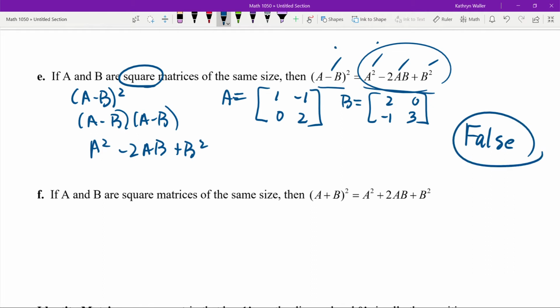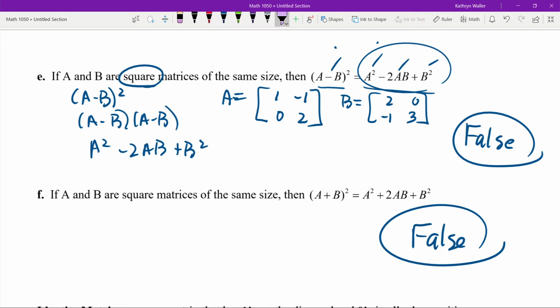So you're just going to have to remember, if you have something like that on a final, either one of these, the answer is false. If you are asked to support your answer, justify your answer, then you're literally going to have to do this. You're going to have to make up an A, make up a B, subtract them, get a new matrix, square